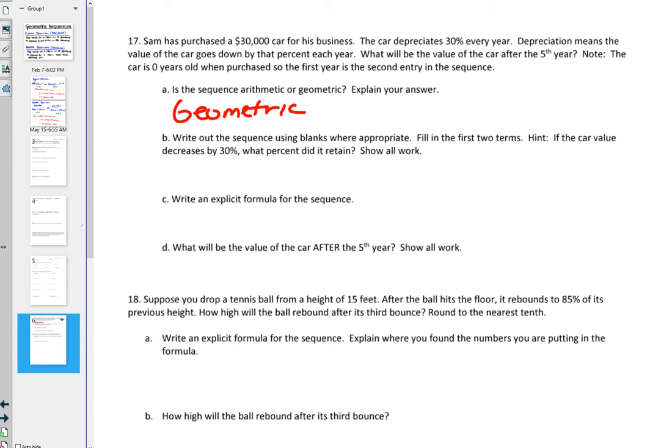arithmetic. Write out the sequence using blanks where appropriate. Fill in the first. What the heck does that mean? I don't know what they mean by using blanks, but let's write it out. Okay, so